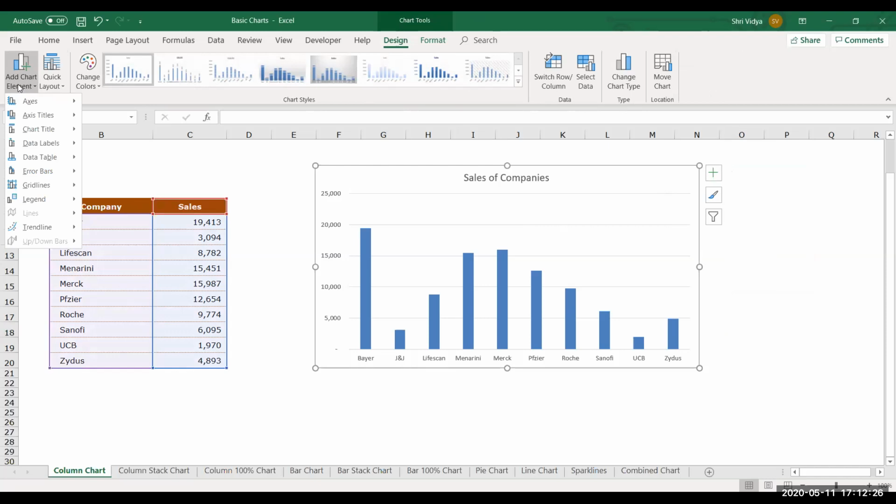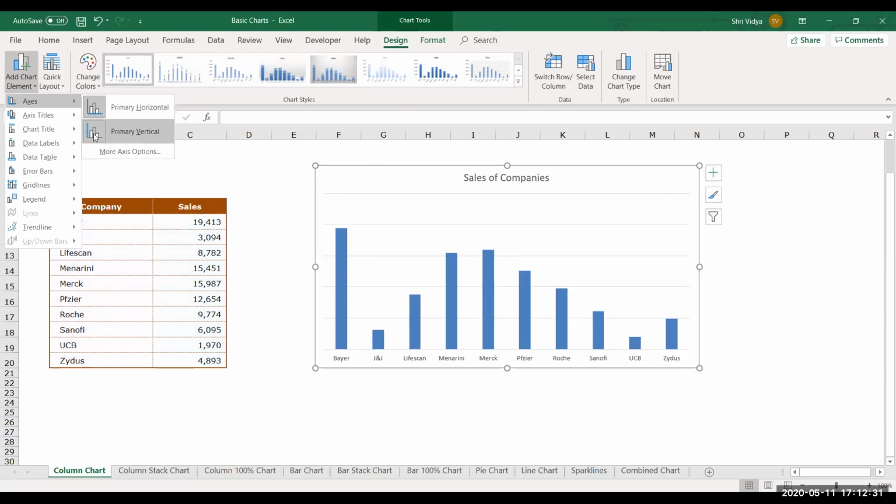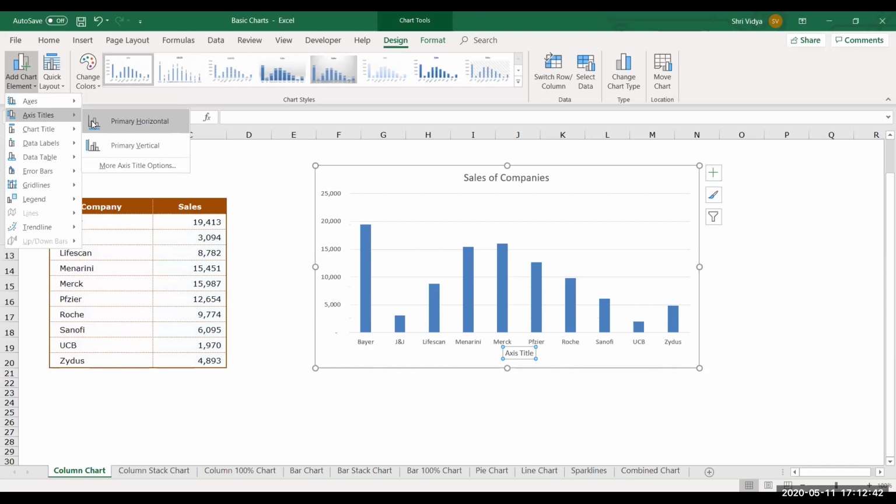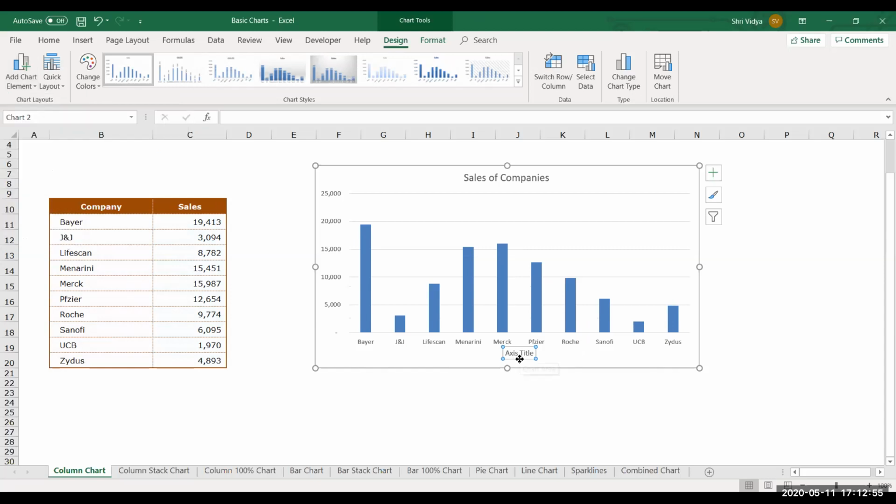All are the same. Now here, I told you there are two axes, primary horizontal and primary vertical. Either you can enable them or disable them. Again, it's your wish. There are provisions to provide labels to these axes as well. See, I could say companies over here. Currently, you're seeing it as axis title on the chart. You can just go and change it there. Let me select this. See, you see axis title here. You could provide a title if you require. So I'll say companies.